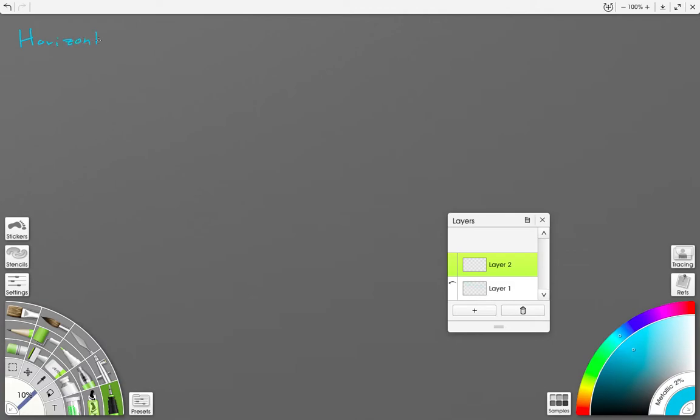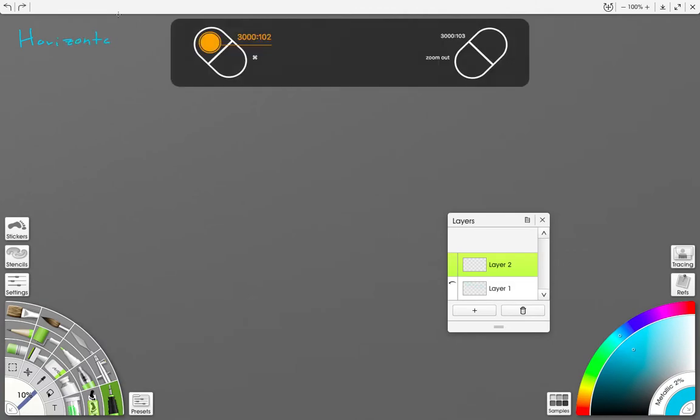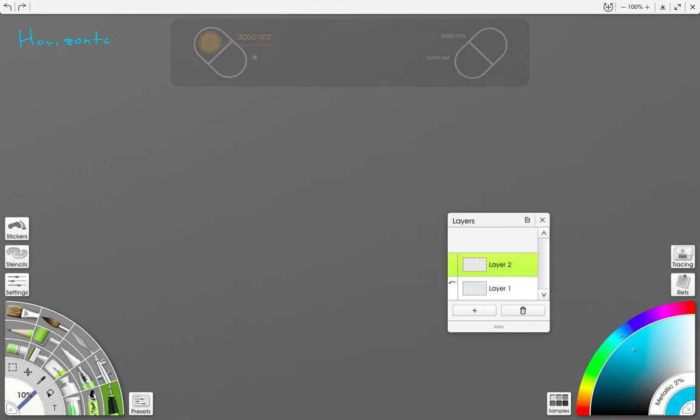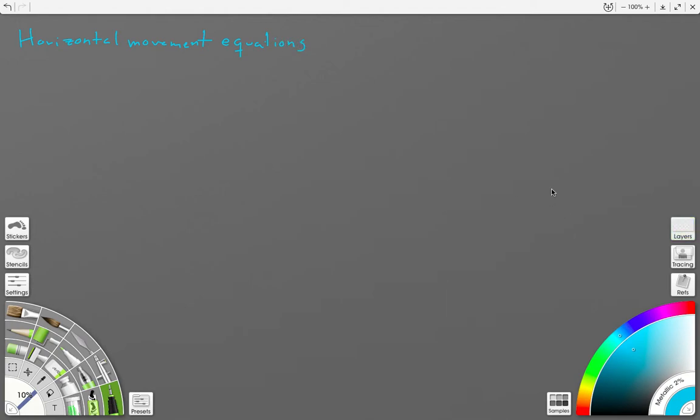Horizontal movement equations. Let's remember that the only thing that's different from our vertical equations is that